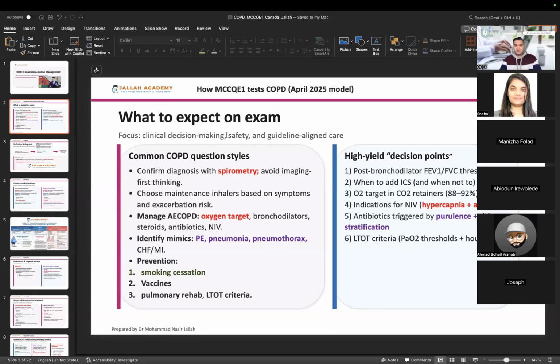And then the management of acute exacerbation of COPD. What is the oxygen target? This one you cannot forget. I have seen it in so many question banks. Most commonly tested. Why? Because it is very vital to know the range of oxygen that you need to target for COPD. Because if you go beyond that, you may cause damage to the patient's lungs, and eventually the patient may die. So that's very important, 88 to 92%. That should be your target. We will talk about it in the next slides.